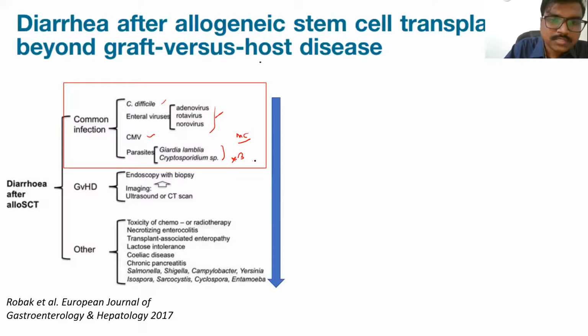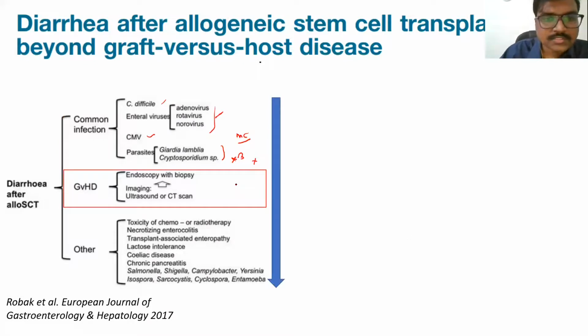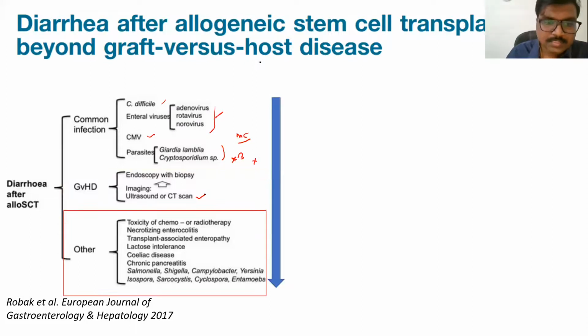And if this turns out to be inconclusive, and the patient persists to have diarrhea, then we should proceed and do an endoscopy to establish the diagnosis of GVHD and also to rule out other causes. CT scan may be rarely indicated, especially when typhlitis is considered. Even after the endoscopy and imaging, if we remain inconclusive, then we have to reconsider the diagnosis of GVHD and look for all other rare causes. Like we should recheck whether it is because of the chemotherapy drug, and we can hold the incriminating drug and look for response. We should consider NEC, lactose intolerance, celiac. These are all very rare causes.